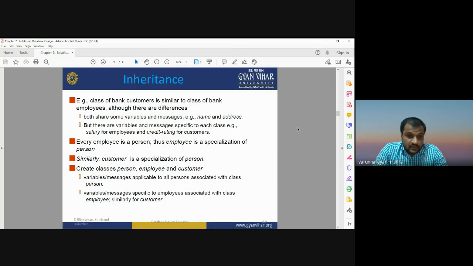In the same way, variables or messages specific to employees are associated with the class employee, and similarly for the customer. So inheritance means the data set has some internal characteristics, internal attributes, which is known as inheritance.